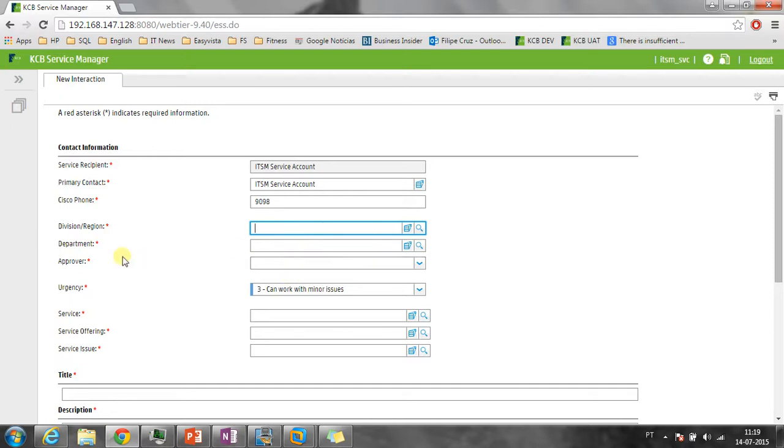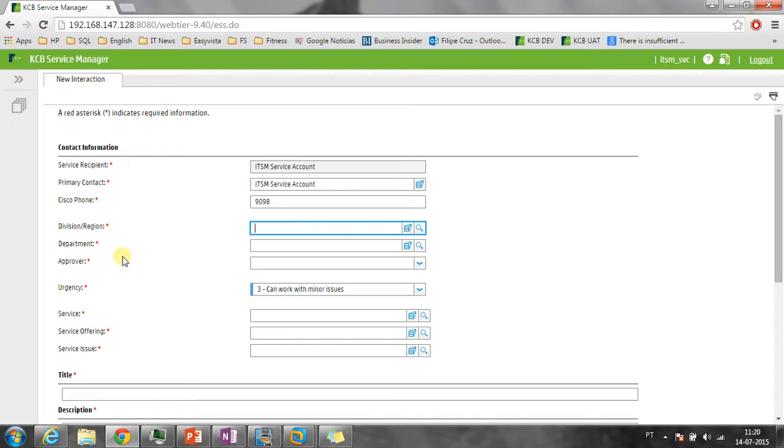Down here we have fields to identify your department. So the information from people is coming from the Active Directory, your repository with information of every employee of KCB. But currently the Active Directory does not have a link between the person and the department. Okay, so you need to come here when submitting an incident and identify your department. Why do you need to identify your department? Because